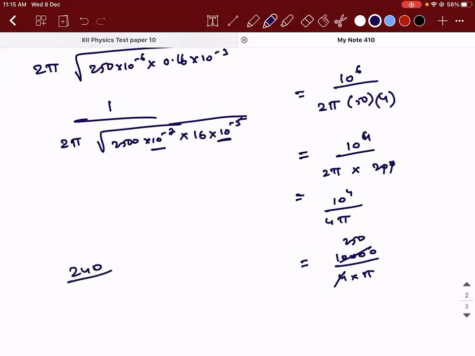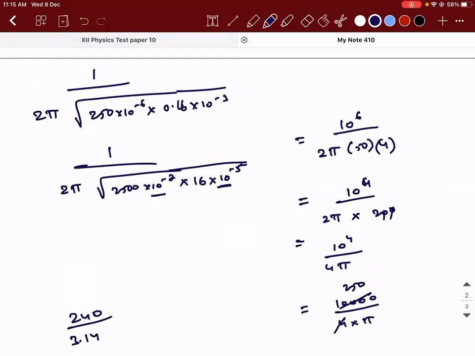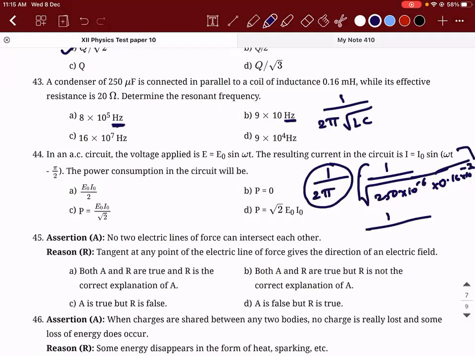So 250 divided by 3 point something, but 10 power 5, where did you get that from? There is something missing, no? Sir, I got 0.78 something. You got the 10 power 5? Not the 10 power 5, but I got almost near that answer, so I thought that option A would be right. That is right, that is how you need to do it. But here, while its effective resistance, oh, I need to take this effective resistance into consideration. Actually, I'm sorry, I didn't see this part.